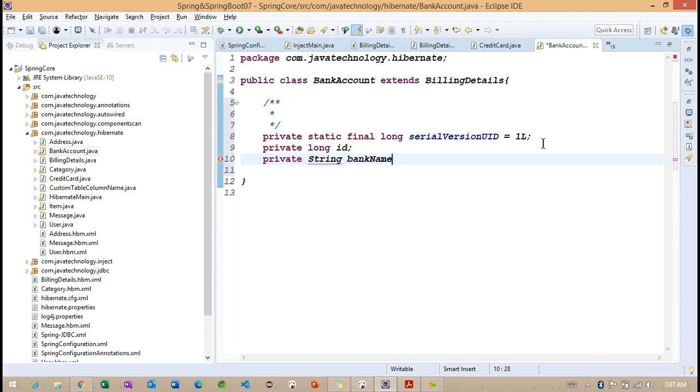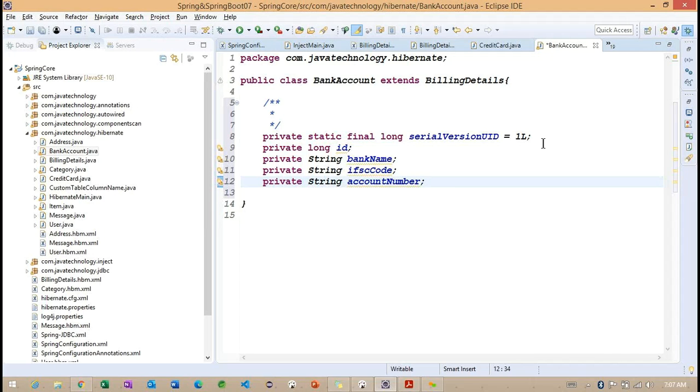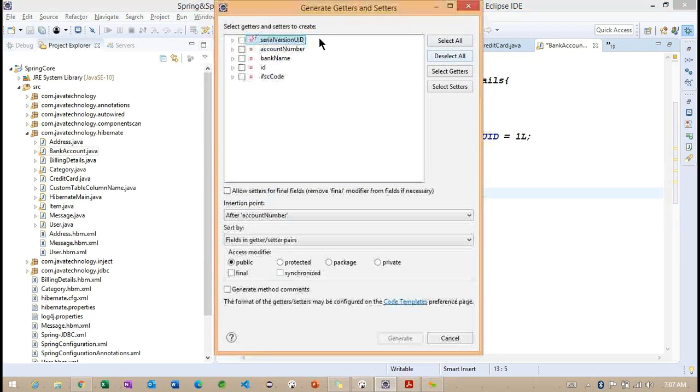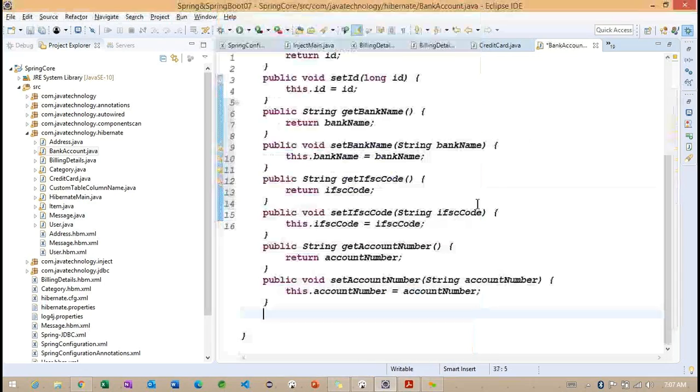Bank name, IFSC code, and account number. So these are the columns of this BankAccount.